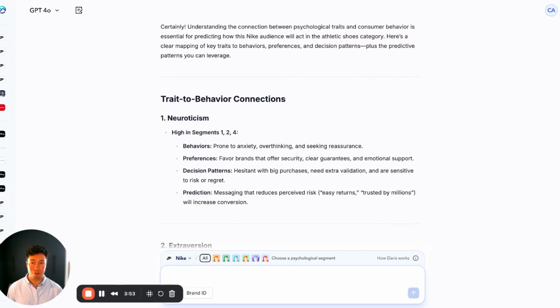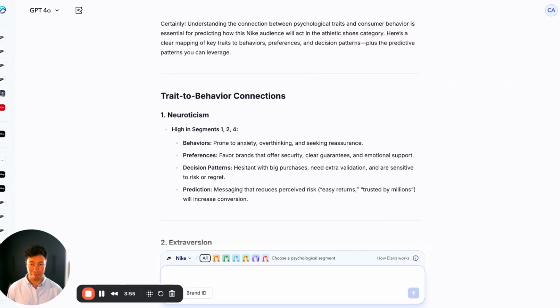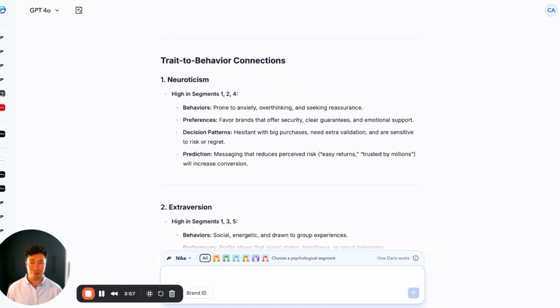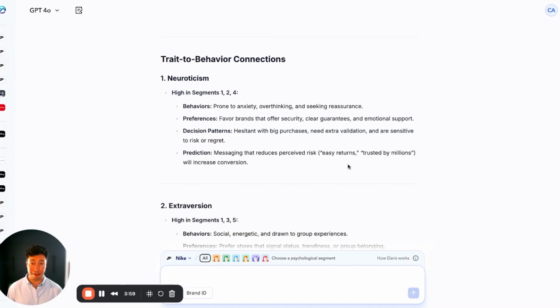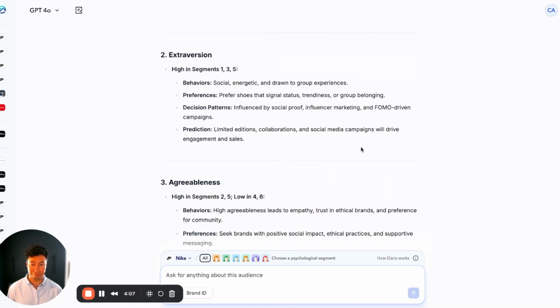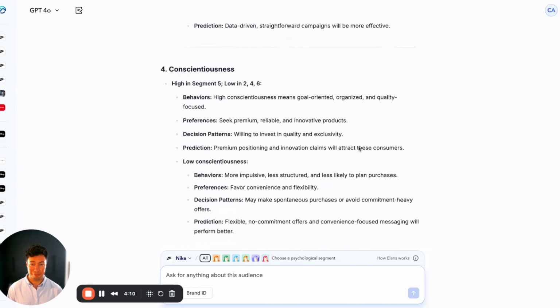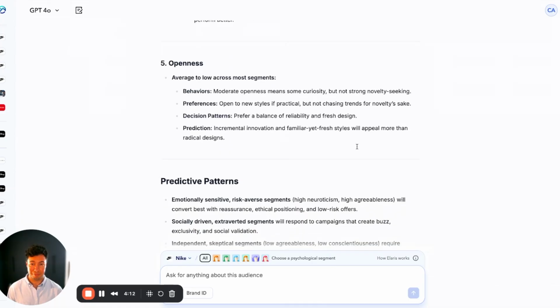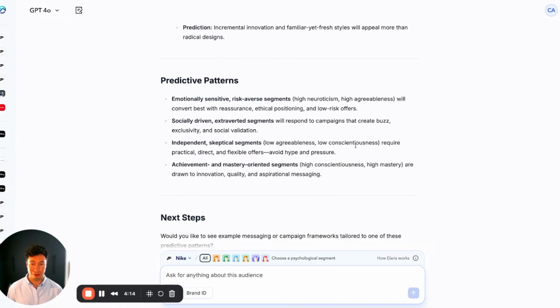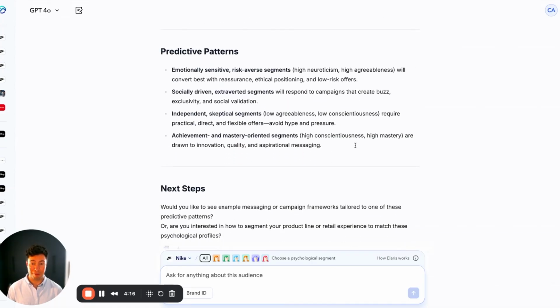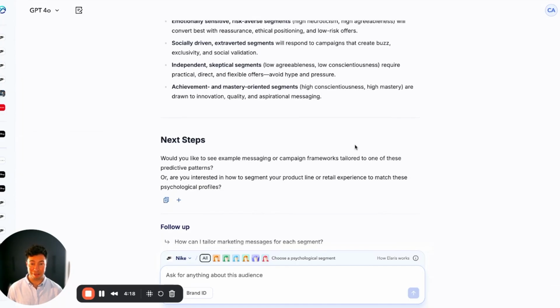So Alaris maps traits to behaviors in this step. It'll show you the psychological traits that are highest in each segment and tell you the behaviors, preferences, decision-making patterns, and what you can predict will resonate with each segment. Gives a summary of the predictive patterns, and then finally gives you some steps you can take to start creating